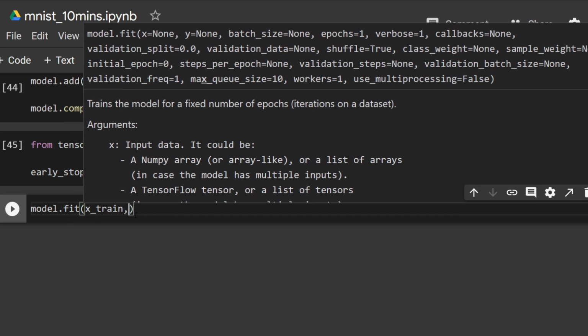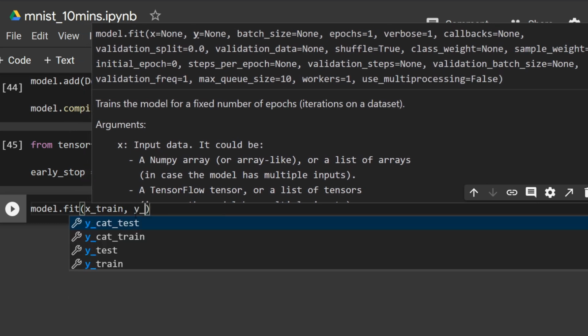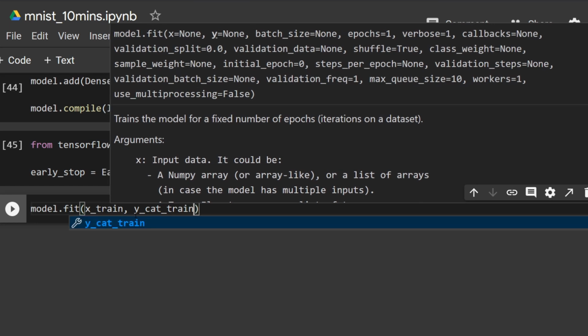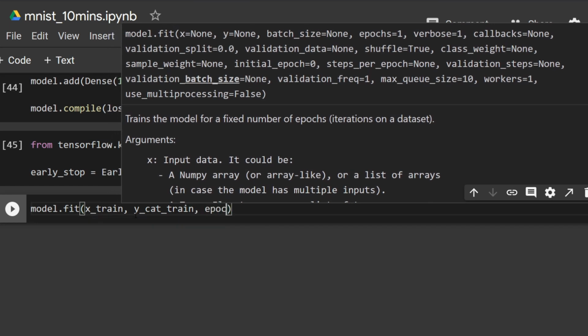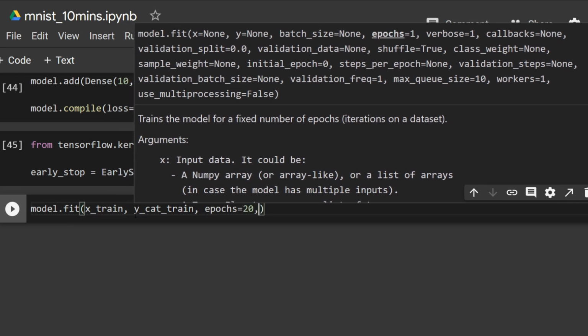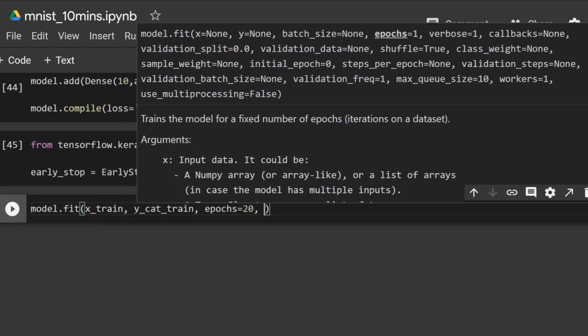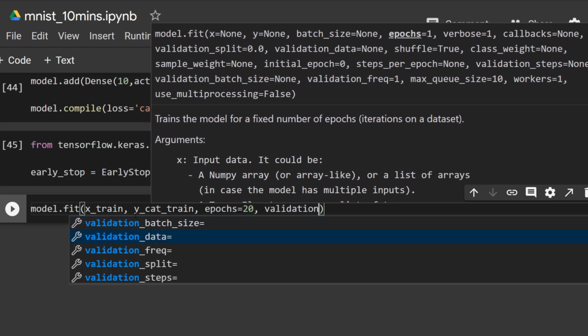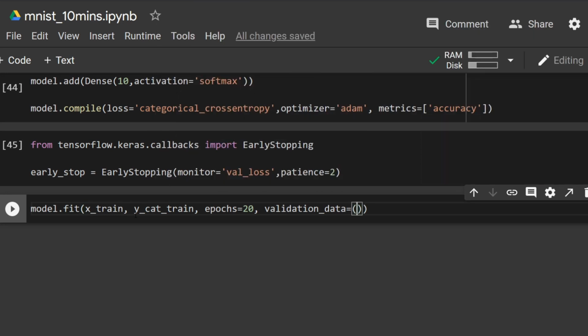fit, x train, comma, we have to use cat train here, and we have to train this for epochs equal to 20. It will stop before that because we have the early stop condition. Validation data, this is the test data, so x test data and y cat test data,